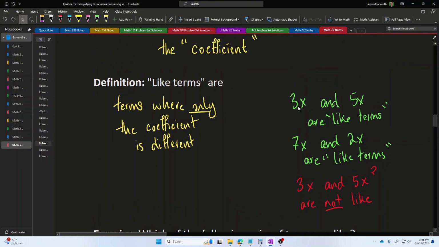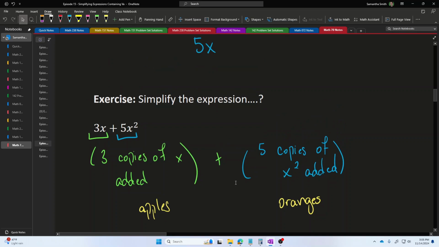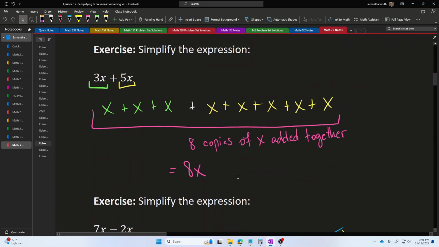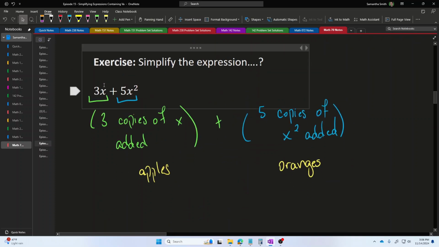So somehow there is a relationship between having like terms and being able to combine those terms into a single term, to combine those two piles into a single pile. If the two terms were like, 3x and 5x, then I could combine them into a single term, 8x. However, if the two terms were not like, then I was not able to effectively add those two piles together and combine them into a single pile and into a single term.